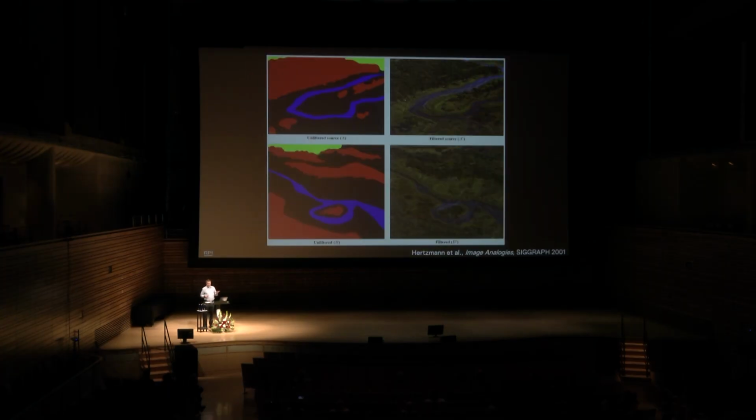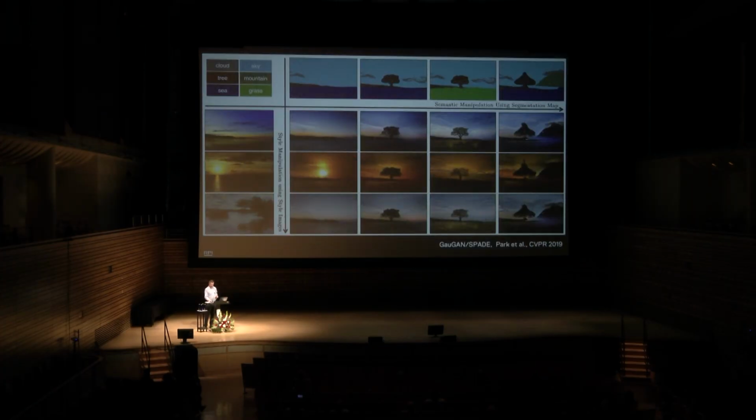Now, related to this idea is what you think of as a kind of paint by numbers, right? The user provides a color map saying, I want to have some forest here and some mountains here and some water here, and then the algorithm generates a pretty photorealistic result that never came from a camera but looks like what you specified. Again, the advancement of this is that you provide a style, like I want it to look like a sunset, or I want it to look like a forest scene. And then you provide the content, which is the paint by numbers color map at the top. And then you use a big neural network to generate a pretty realistic looking image.